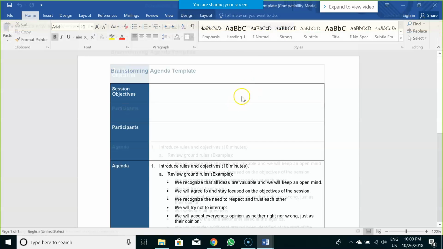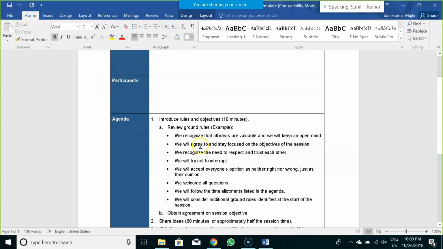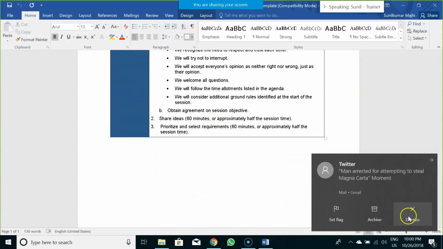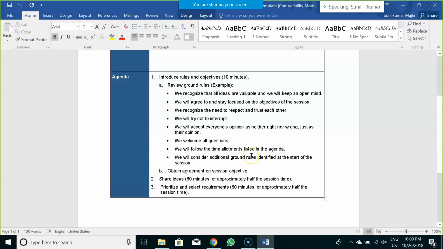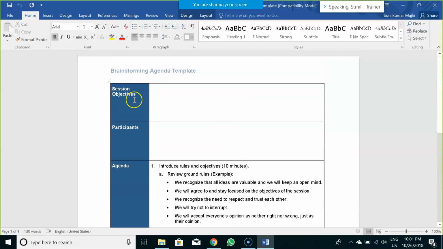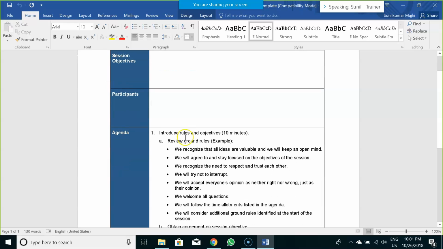Now coming to this particular template, that is the brainstorming agenda template, how you would start with your brainstorming. Essentially you would be starting with your session objective. What is the topic that you are brainstorming on, who all are the participants in that particular brainstorming meeting, and what is the agenda, and you have to recognize all this.